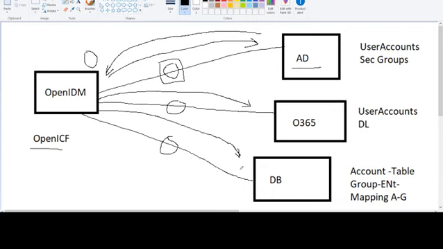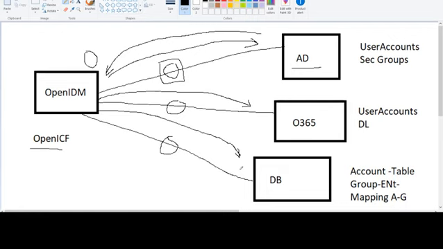In the mapping, we can define the customization of the data that is flowing in. Suppose from Active Directory we are only getting first name and last name, but we need the username as well in OpenIDM. We can create that username using the first name and last name by performing a transform. That kind of customization of data is also available in your environment.